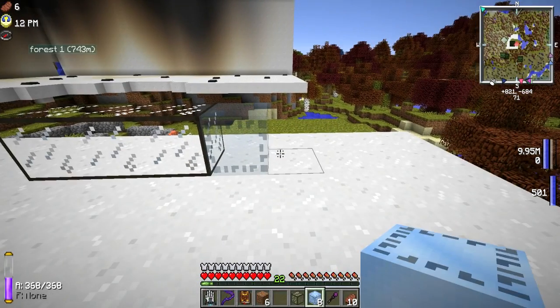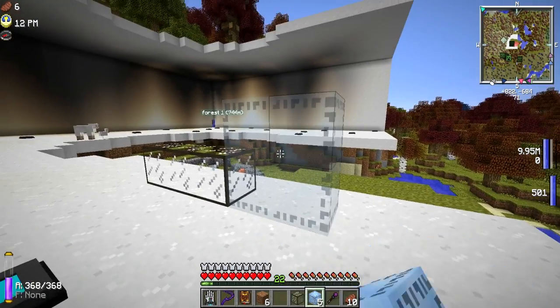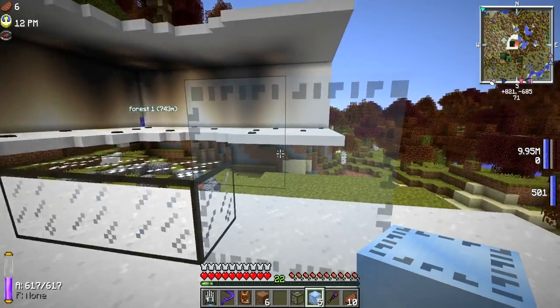Or, as I have right here, warded glass. Warded glass has a thing on the outside, but if you start stacking it up like that, then it gets rid of the texture in the middle, which is really nice. You can see right through it. The problem is if we look through it,